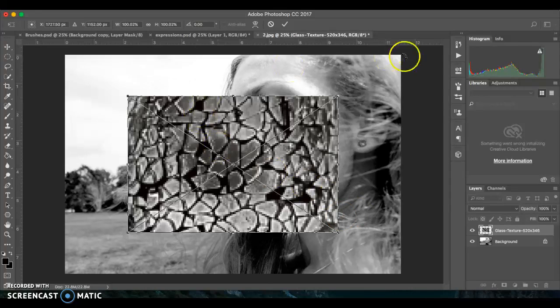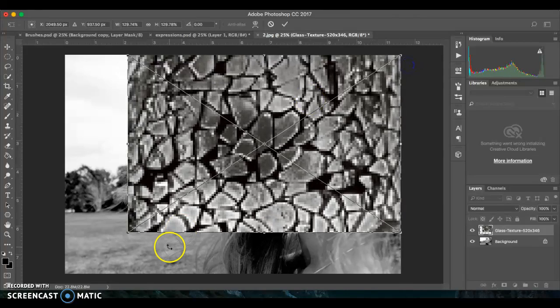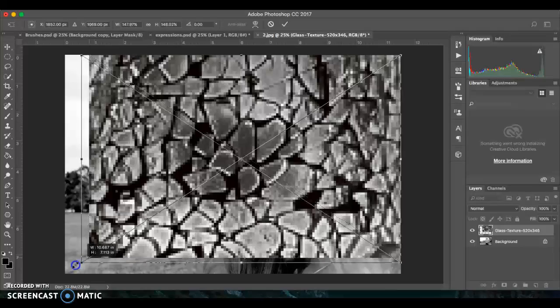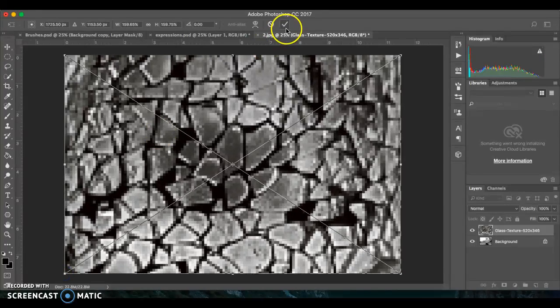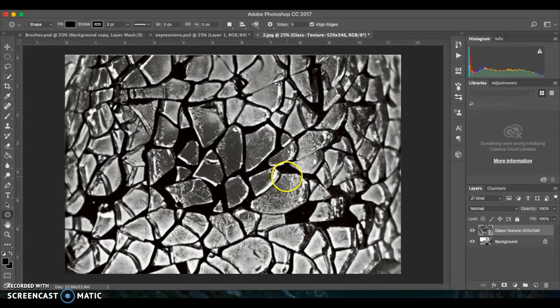and it's going to place my texture photo on top of my picture, and I'm going to adjust the size of it here so that it fills my image. And I'm holding down Shift and dragging from the corners. Then I'm going to hit this check mark. And you'll notice that it automatically places the layer or the image on a new layer, which is what you